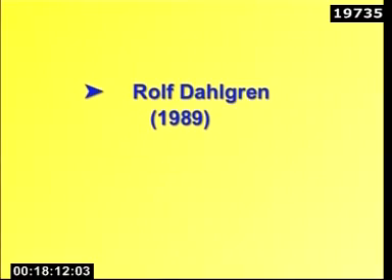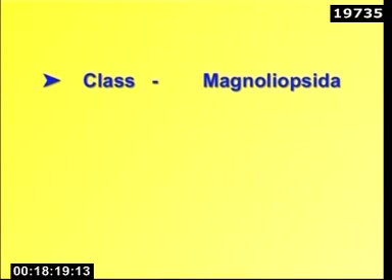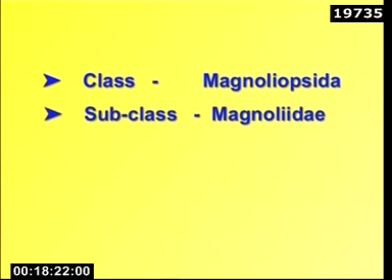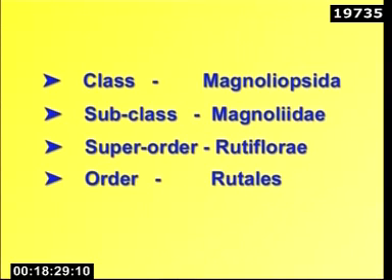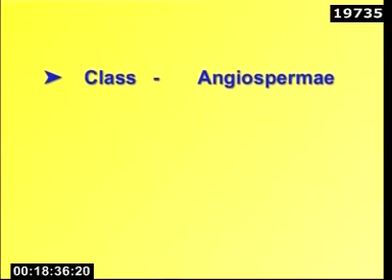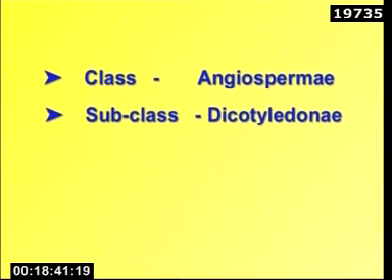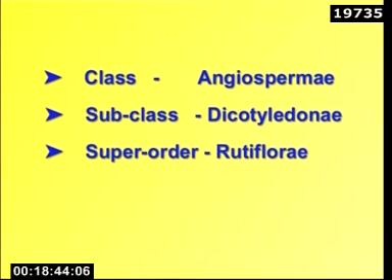Another taxonomist by the name of Rolf Dahlgren, a Danish botanist, placed the family in the class Magnoliopsida, subclass Magnolidae, superorder Rutiflorae and order Rutales. Robert Thorne, an American taxonomist, placed the family in class Angiospermae, subclass Dicotyledoni, superorder Rutiflorae